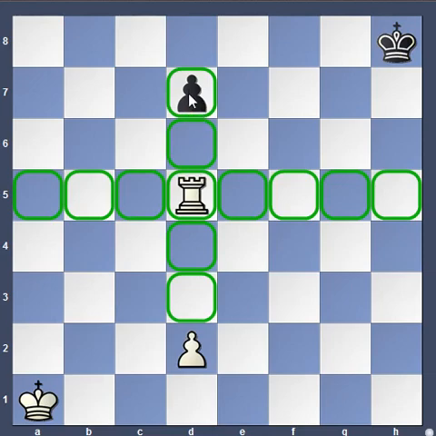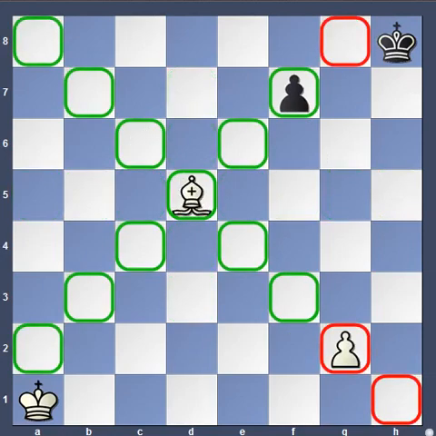So the rook can go to d6 and d7 also, where we can capture this pawn. And when it comes to our own pawns, we cannot capture them, and we can neither jump over them. So the rook can move up to d3 only. We have seen that the queen moves in 3 different directions: vertical, horizontal and diagonal. So now we can say that the queen minus the diagonal moves equals the rook, because it can move vertically and horizontally, same as the queen, but it cannot go in the diagonal direction.